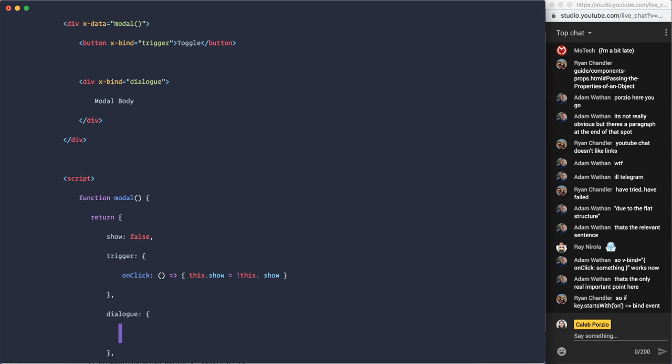You would have to bind like a class object that has like a hidden attribute, right? Like you wouldn't be able to do that in Vue. There's no way to bind v-show. And that's what we want. We're interested in a way to encapsulate all of the Alpine attributes into this v-bind object so that